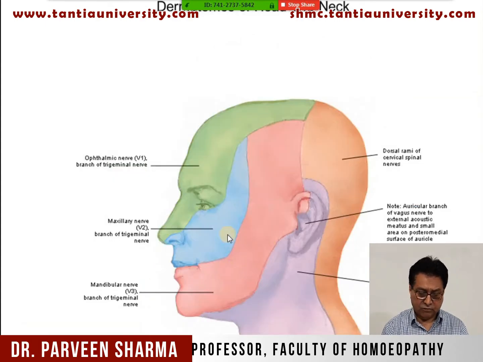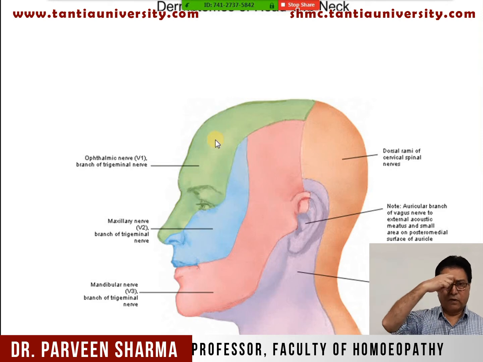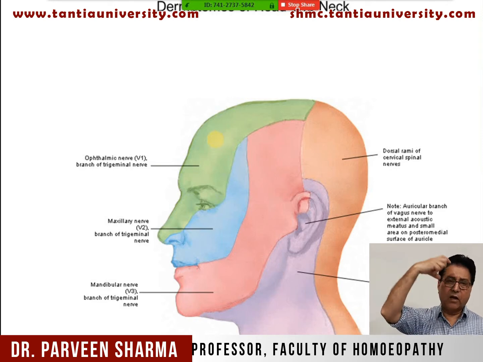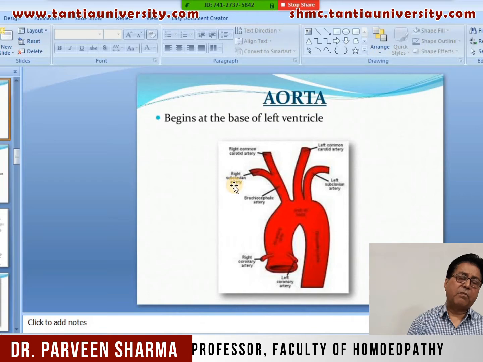You can see here. If you draw a diagram, the first line goes from the lateral side of the nose to the lateral side of the eye and to the middle of the skull. This first line is one color. This area of skin of the face is supplied by the ophthalmic branch of the trigeminal nerve. Second line, blue color: from the lateral side of the angle of the mouth to the middle of the first line. Here this area is supplied by the maxillary branch of the trigeminal nerve.